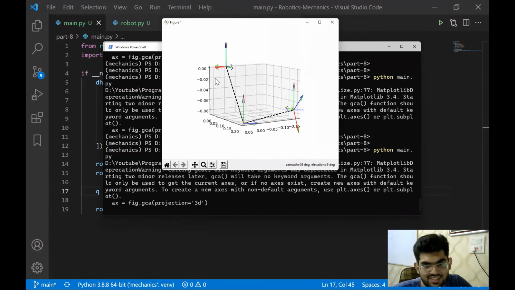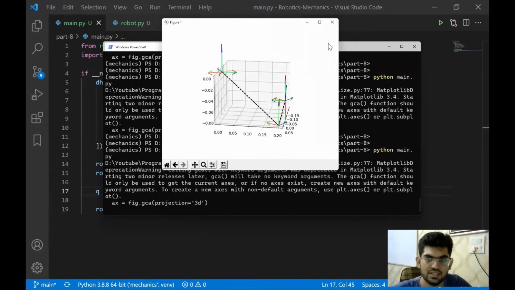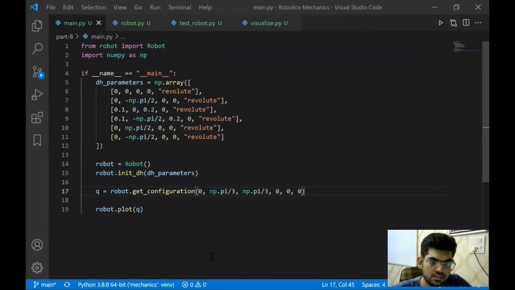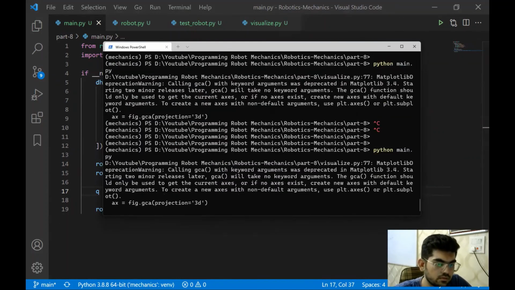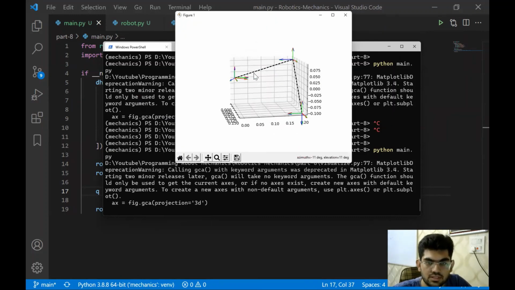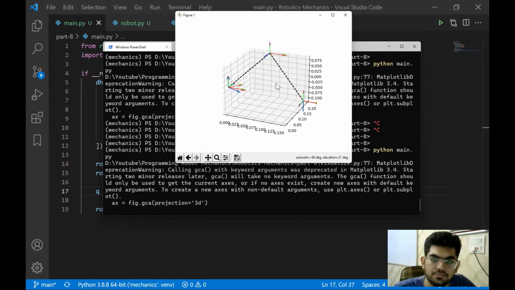A little difficult to understand, but yeah, it does look something kind of like this. One thing we can do is add a negative over here as well and see what the results are. Yeah, it looks something kind of like what we like, something going above and going down, some kind of configuration like that.